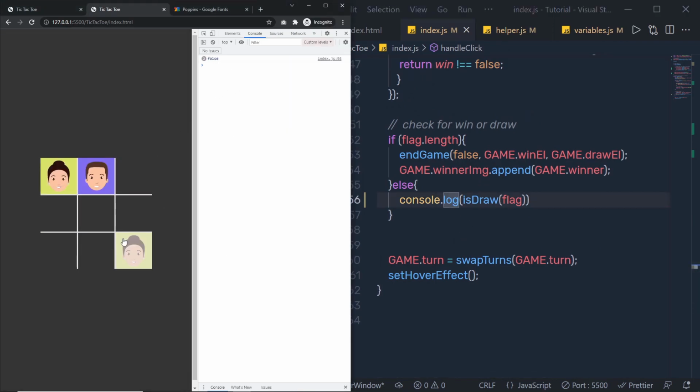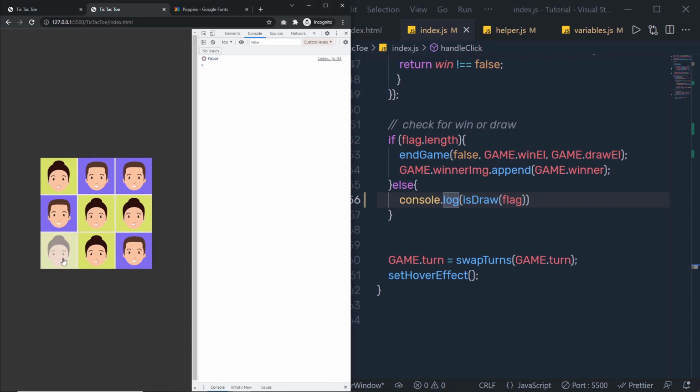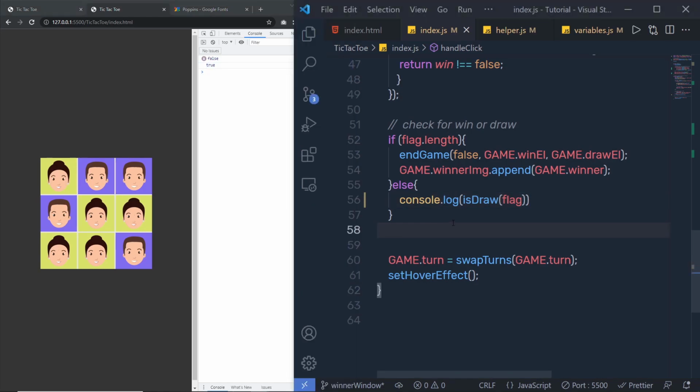You can see we have false values. Now as you can see, when I fill all the cells, it's going to return true. That means this would be the draw match. No one is the winner of this match. So once you know that this function is going to return true,